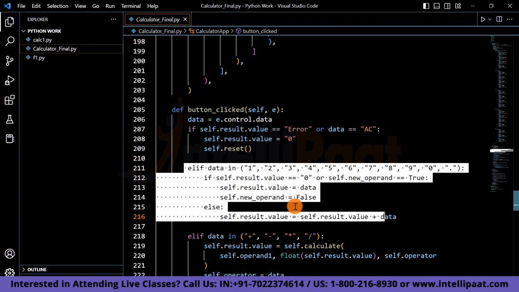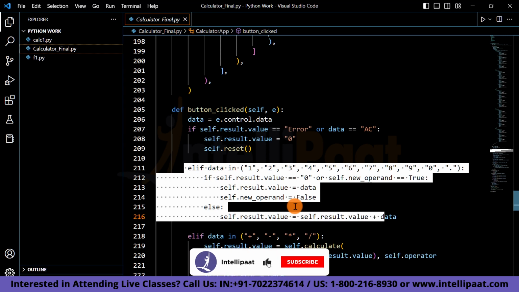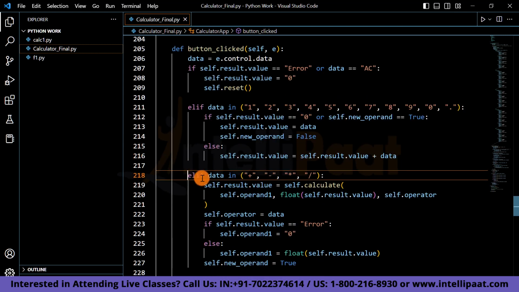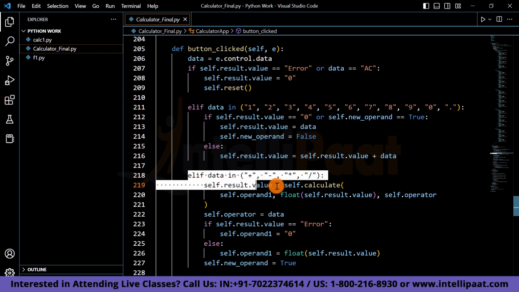So if initially we have 0 on our result screen and if you press 1, 2, 3 or 4, the number that you'll be seeing after that will be 1 on your screen. So the system doesn't know how to do that on its own. So basically this conditional statement is going to add that functionality into our system. All right. Now also, if the data that is clicked on is plus, minus, multiplication or division,